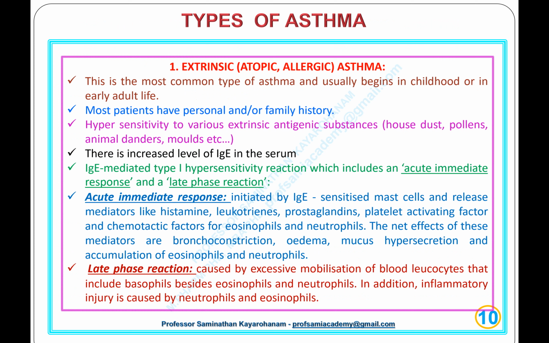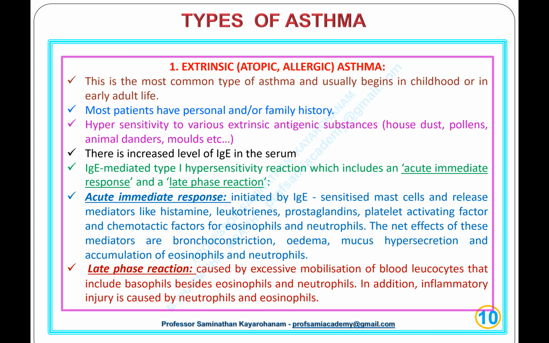Next slide, types of asthma. 1. Extrinsic asthma, also known as atopic asthma or allergic asthma. This is the most common type of asthma and usually begins in childhood or in early adult life. Most patients have personal and/or family histories of hypersensitivity to various extrinsic antigenic substances: house dust, pollens, animal danders, molds, etc. There is an increased level of IgE in the serum,